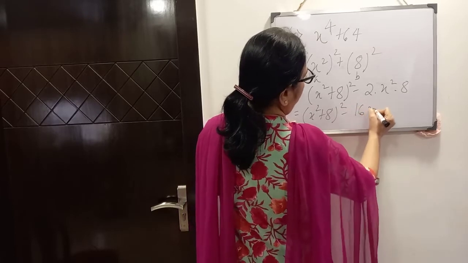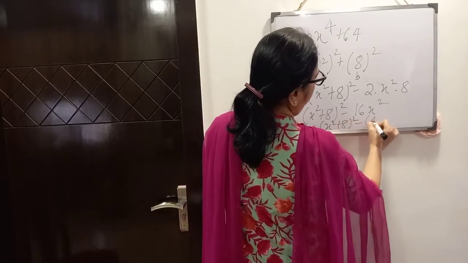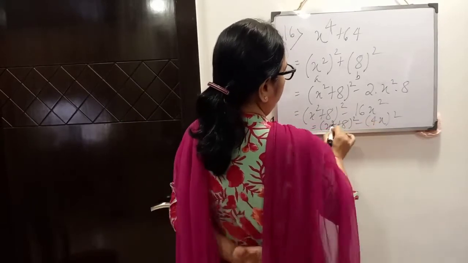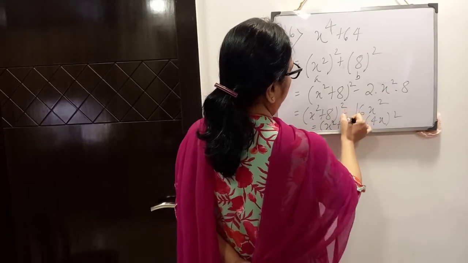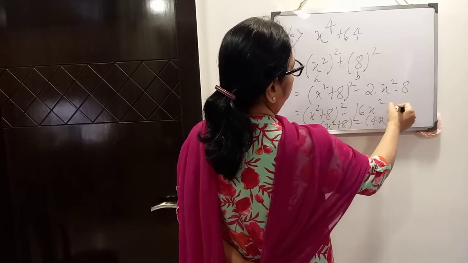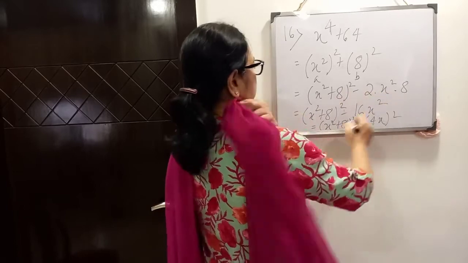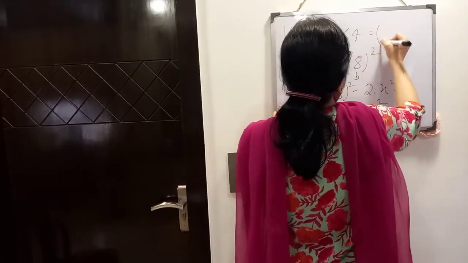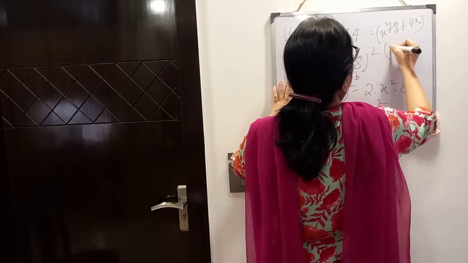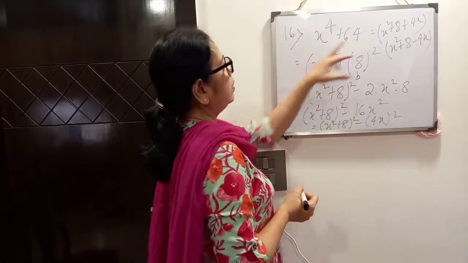Minus 16x square. This minus 4x whole square. Here you see, it is coming a square minus b square form. So after that we can write a plus b into a minus b. But if there will be plus sign, if we will use that formula a minus b whole square plus 2ab, we have to end here. We will not get the factors. Clear? That's why you will apply a plus b whole square minus 2ab. Now after that it is becoming a plus b into a minus b. Clear? This is your factors.